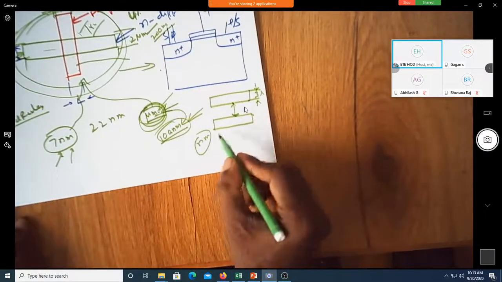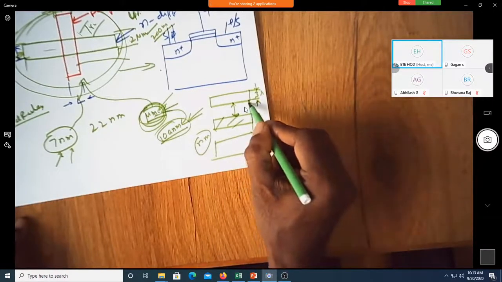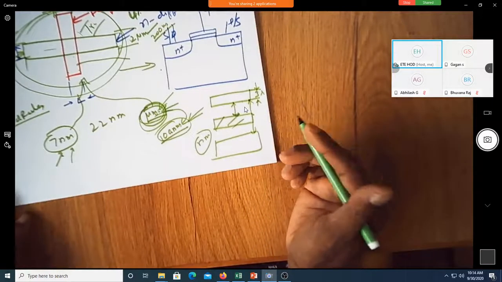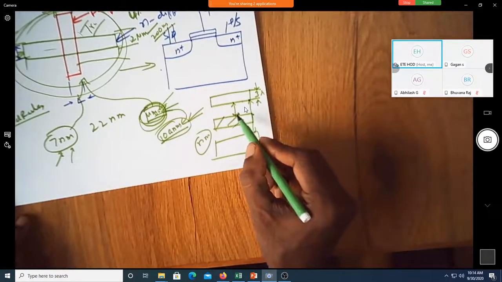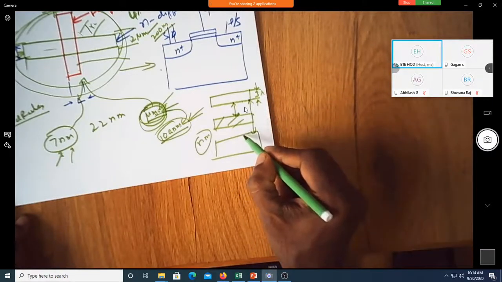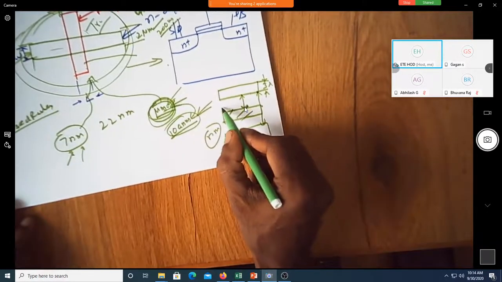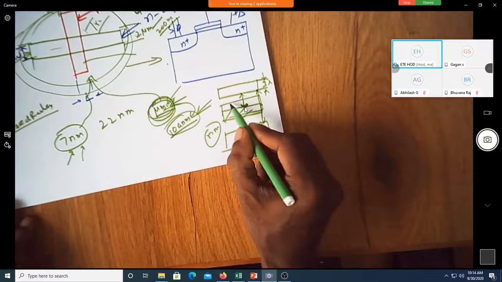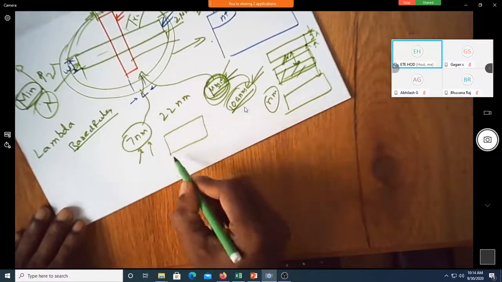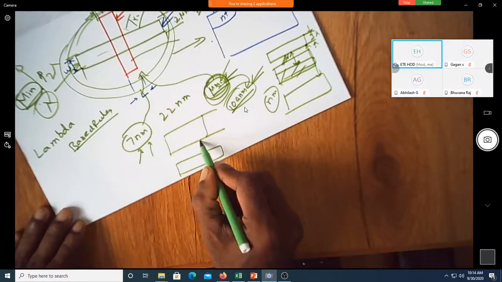If it is too far, you are simply wasting area, which is very costly in ICs. So you have to pack the devices as close as possible. But it should not be so close that upon fabrication they mix up. So they will specify the minimum dimension and the minimum spacing.